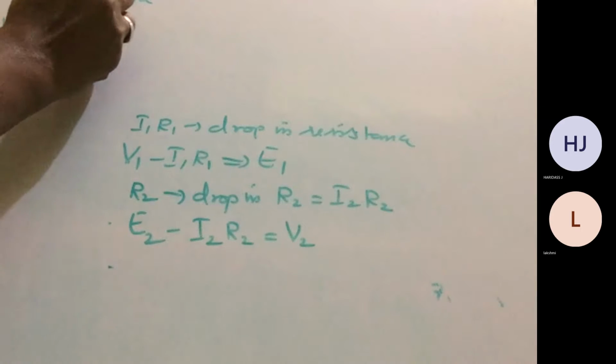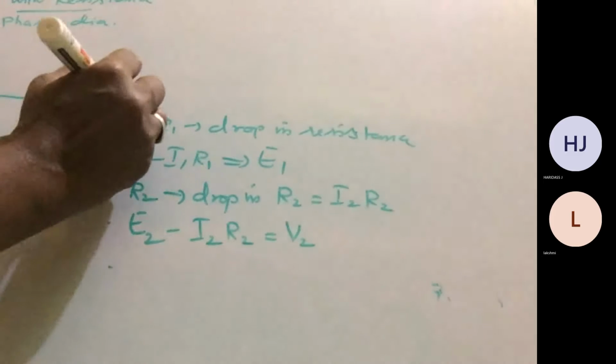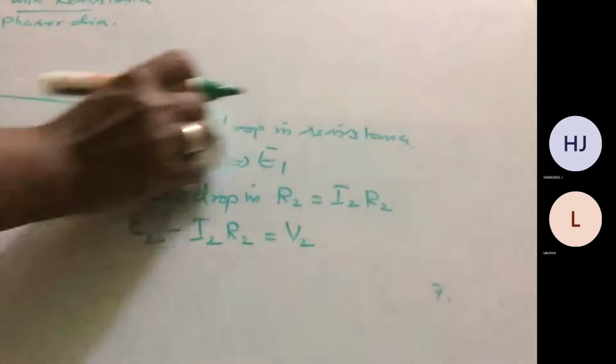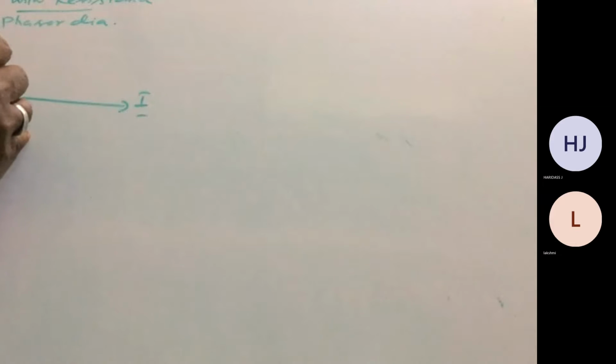So I is the reference. So take I as the reference. Then V1 is the primary voltage, we could not take it directly. So upwards we take the primary side, and downward we take the secondary side. First you have to take the secondary side. So E2 will be the induced EMF which lags I. Then I2 will be in phase with E2.